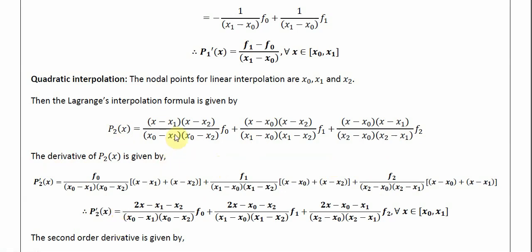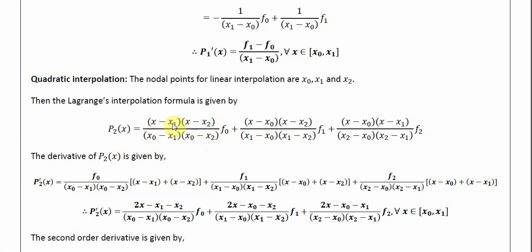So if you differentiate now, what happens? Now this is quadratic interpolation, therefore you are going to get a quadratic polynomial. That is why it is a quadratic interpolation. Now we shall differentiate this, which are all constant terms. The denominators are all numbers, x0, x1, x2. And f of x0 is also a number. Therefore, f0 divided by this is going to be a constant into the derivative of the numerator. What will be the derivative of the numerator? I have a product of two terms, we shall be using the product rule. That means keep the first term constant, and differentiate the second term.